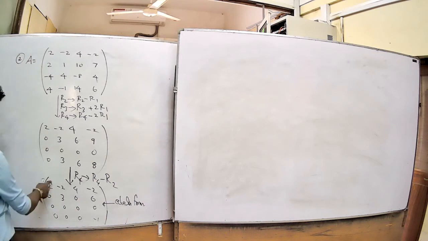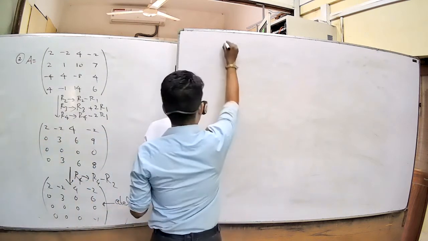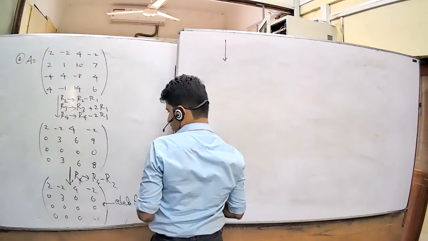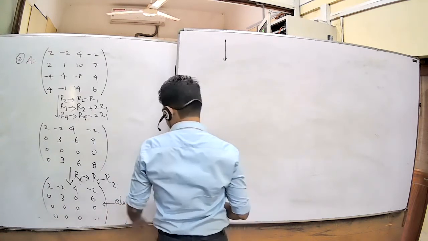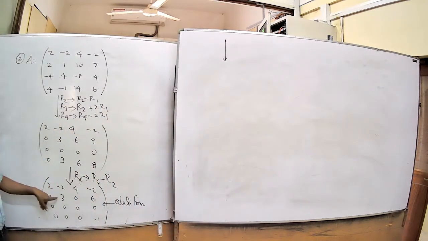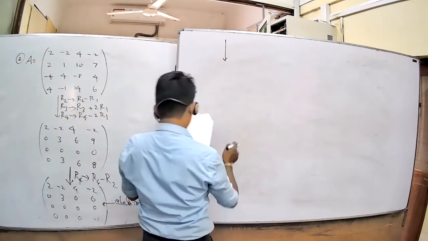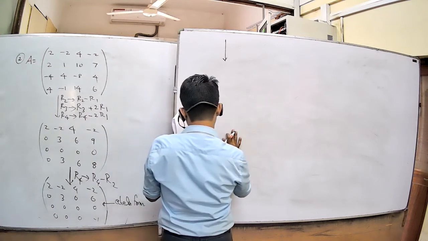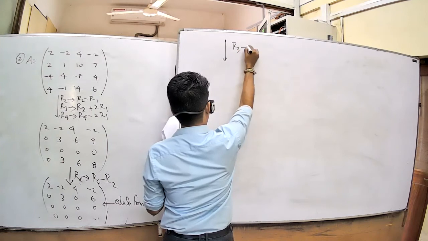Now you want to get the row reduced echelon form. For that, first you can interchange the rows. Otherwise, you want to multiply here by minus 1, because in the row reduced echelon form, the leading entry should be 1. Here you want to get 1, here 1, here minus 1 to 1, right? First you interchange the rows R2, R3 and R4.